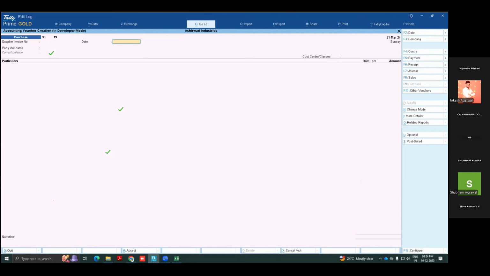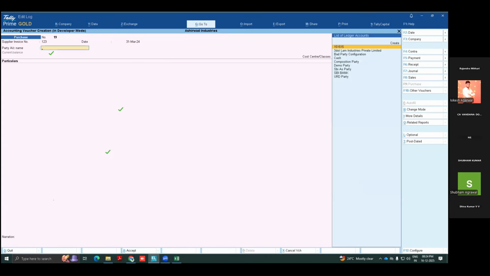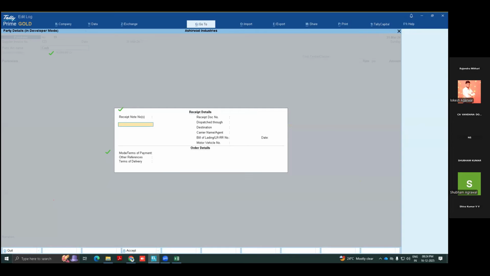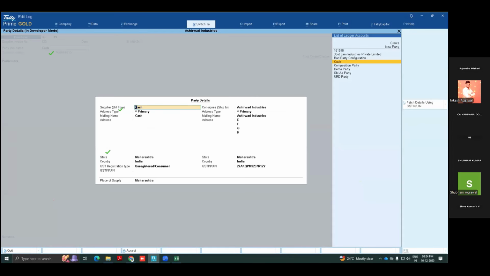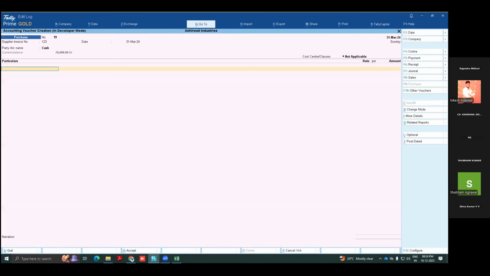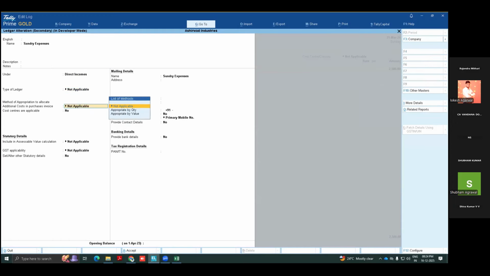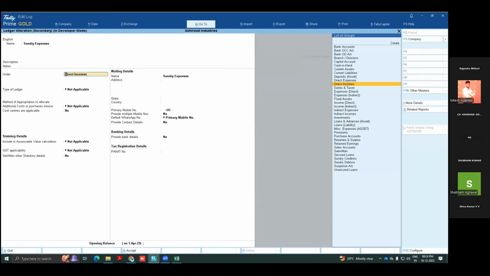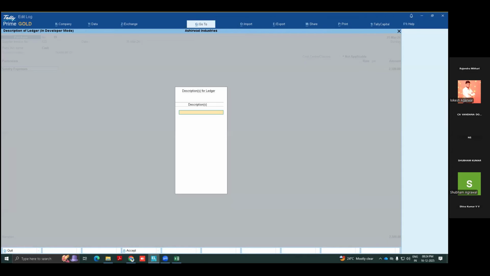Bill number, cash or credit, whatever you can take. And sundry expenditure. Inventory values are affected, that window is not coming. Sorry, I was about to say income, it is written.